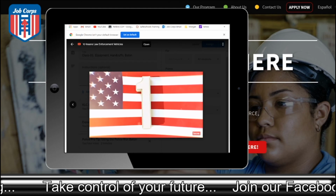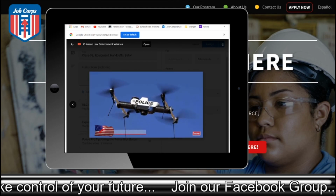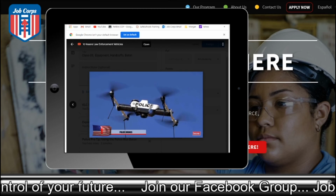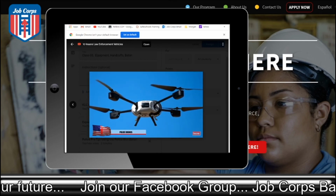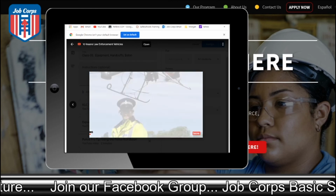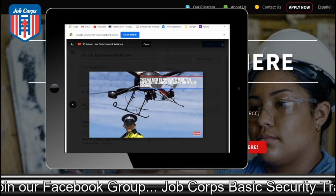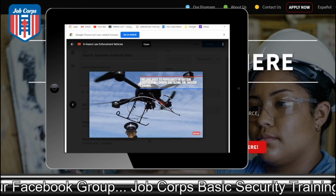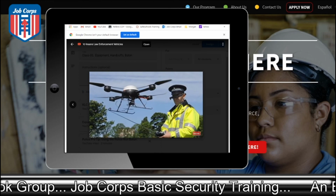And number 1, police drones. Don't you feel safer with some police drones flying around the sky? The next time you think about committing some criminal behavior in your backyard, you better think twice. Thanks to advancements in drone technology, police can have more eyes in the sky than ever before. This has risen to popularity in Britain, especially in London and along the English Channel. Residents have apparently gotten fed up with the drones there, and there were over 900 complaints over the phone in